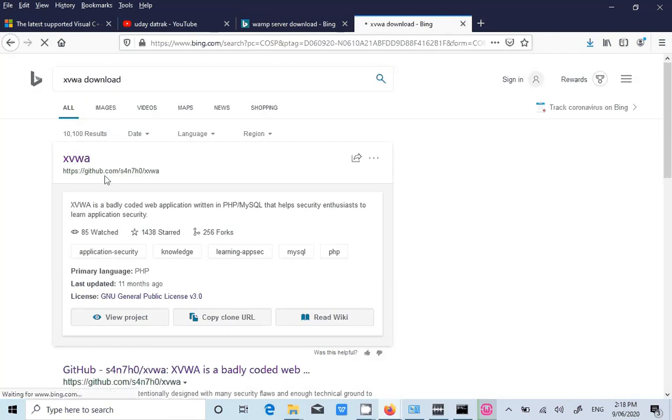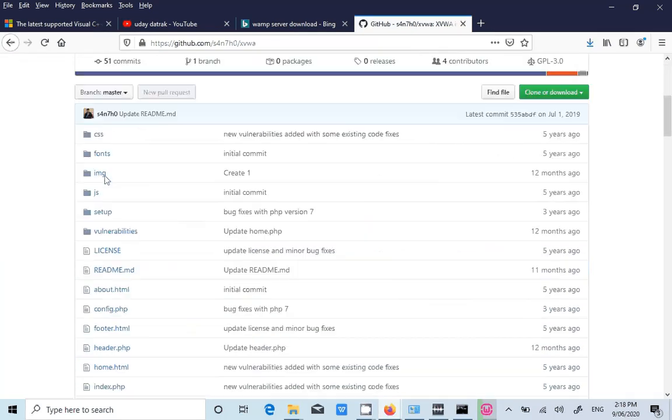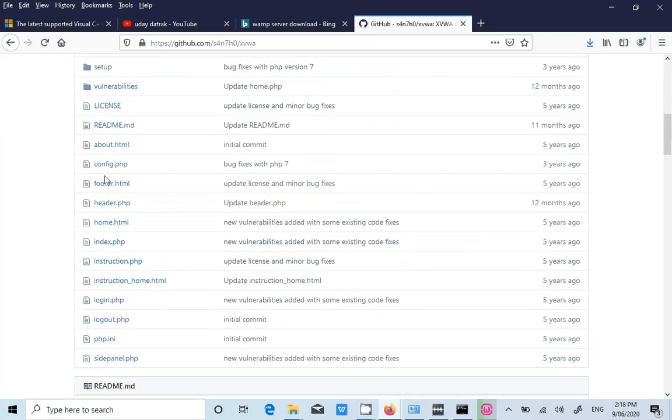It has around 30 to 40 security issues like SQL injection, blind SQL injection, persistent cross-site scripting, non-persistent cross-site scripting, DOM-based cross-site scripting, cross-site request forgery, server-side request forgery, PHP object injection, command injection, code injection, local file inclusion, remote file inclusion. So this application has almost all the security issues,